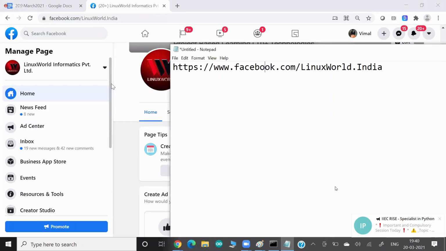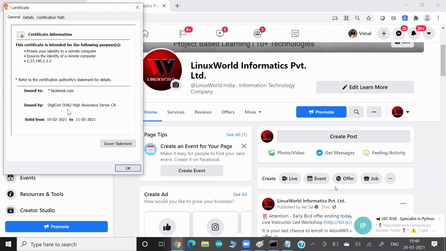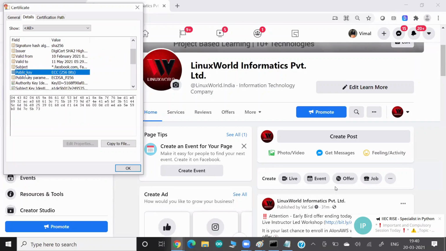Okay, but how can you check this? If you click on this lock symbol, there is an option called certificate. What certificate is, I haven't discussed yet. But if you click here, you can see this information comes from Facebook, and if you see the detail, here they say this is the public key. So Facebook has shared a public key with our browser, and our browser is a program that is going to